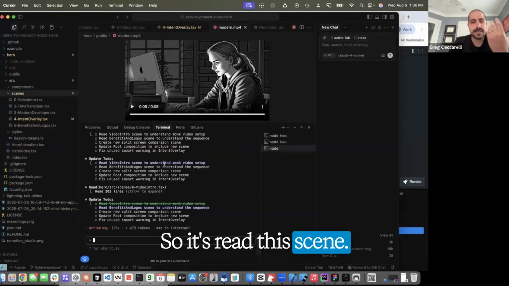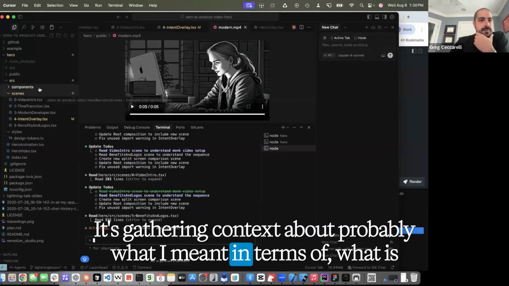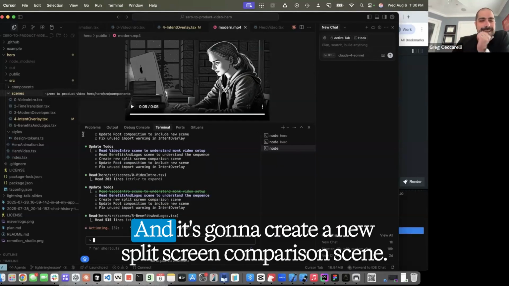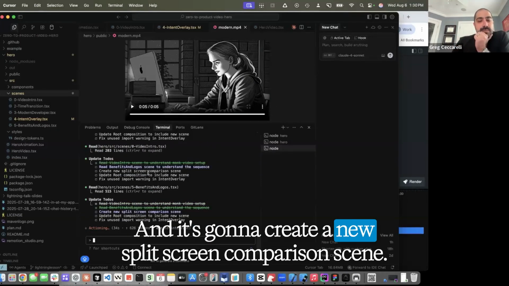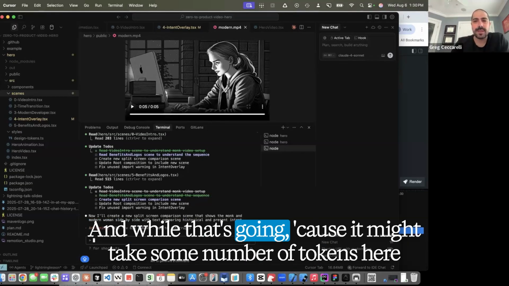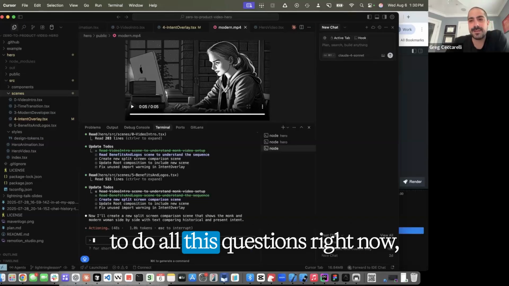So it's read this scene. It's gathering context about probably what I meant in terms of what is this MP4 that I have to splice, and it's going to create a new split screen comparison scene. And then it's going to update a bunch of files, most likely, but it could fail. So we'll see. And while it's going, because it might take some number of tokens here to do all this,